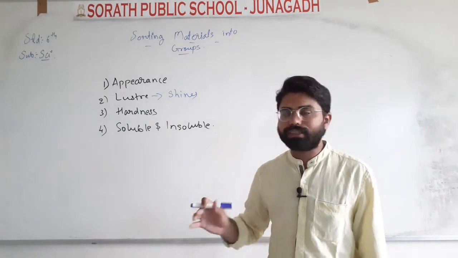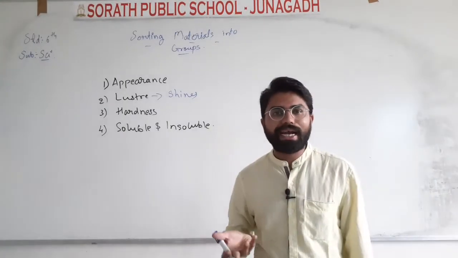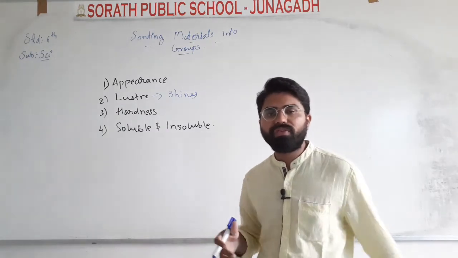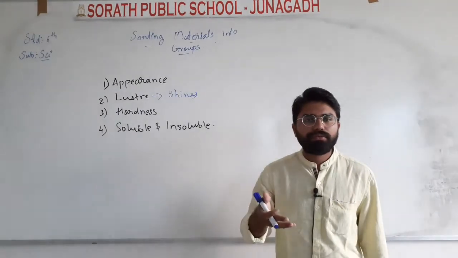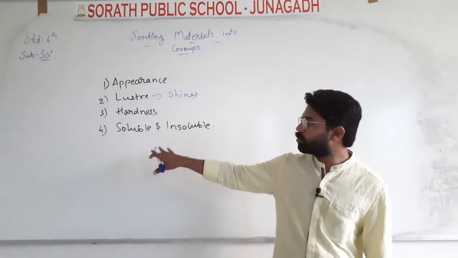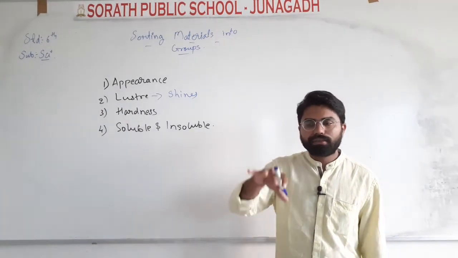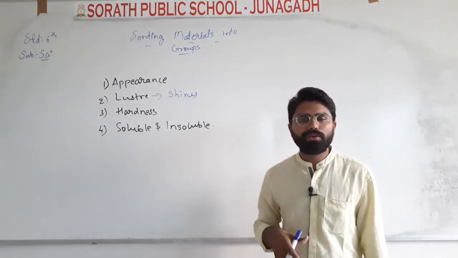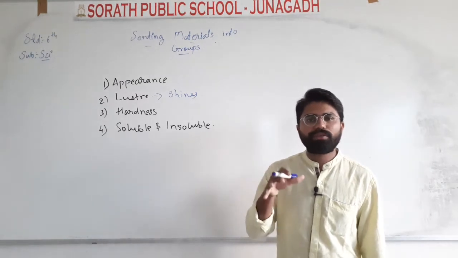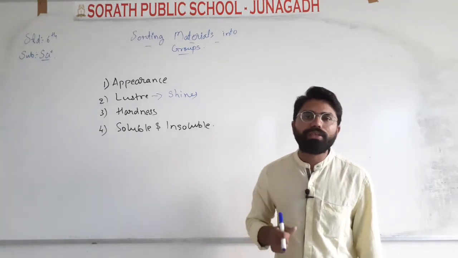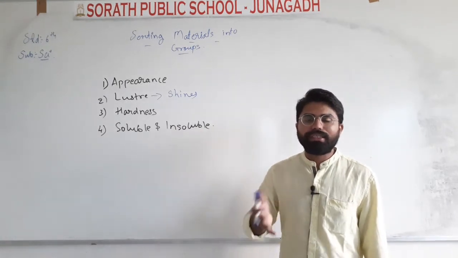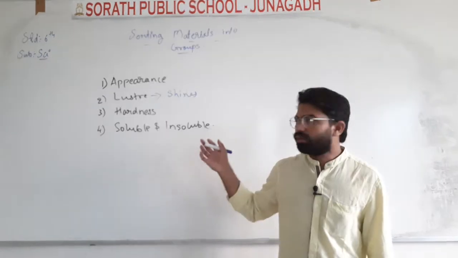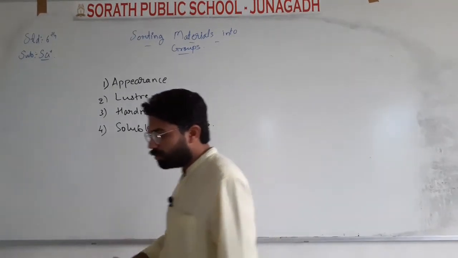In that we have taken just the samples of sawdust, sand, okay, then salt, sugar, like that. Okay, and we have performed the activity that gives the result of the soluble and insoluble. The things which mix up well with the water are soluble in the water or dissolved in the water, and the things which cannot mix up well with the water are insoluble. They can settle down in the bottom of a beaker, or it may float on the water. So it is known as soluble and insoluble.